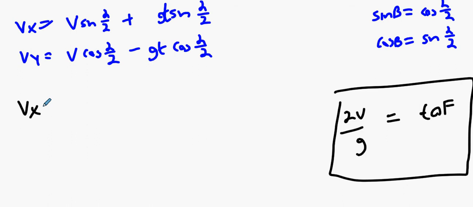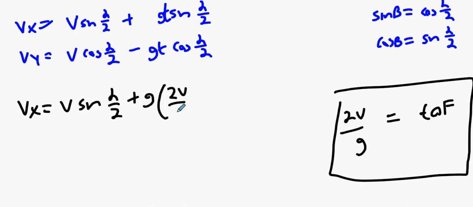You put Vx equals V sine alpha over 2, and then you do gt, so g times 2v over g sine alpha over 2. Our Vx is going to be, the g's cancel, so I think I'm going to get 3v